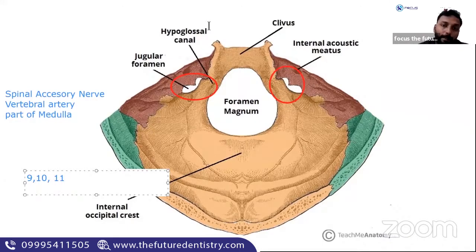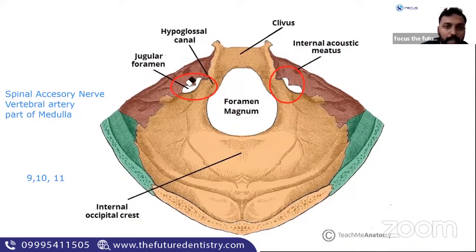So 11 is there in the foramen magnum and the jugular foramen. I told you there are two parts of 11. 11 is basically the accessory nerve, which has a cranial root and a spinal root. The cranial root comes out through the jugular foramen. The spinal root comes out through the foramen magnum. I hope that's clear. So almost we have completed the foramens in your posterior cranial fossa, except for one, the last one left.